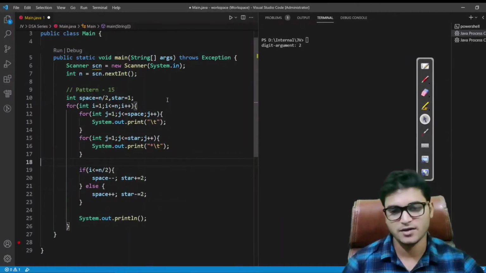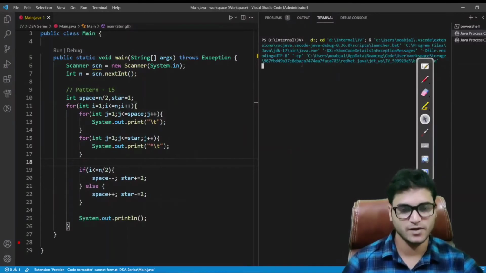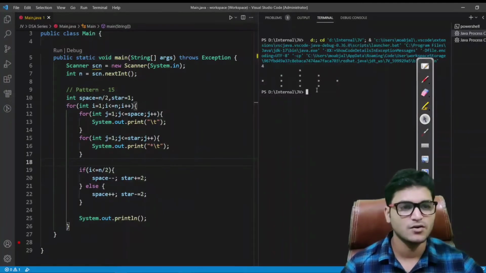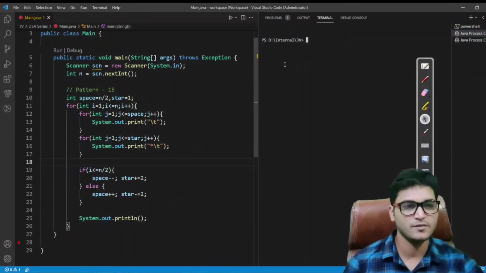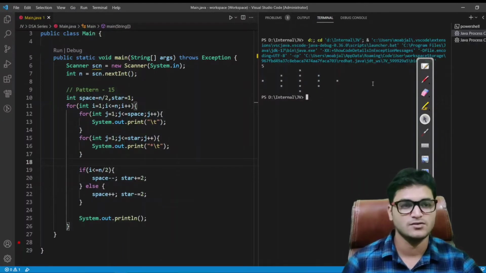I hope I have not done any mistake here. If so, then let's run it and see what it provides us. So it has printed in the wrong way. Why so? Let me see what mistake we have done. Okay, so we have actually entered an even number. This code is working for odd numbers only, so I will enter 5. Actually, I had entered 4 at that time. So fine, we have not done any mistake, because it is printing the correct output for us.